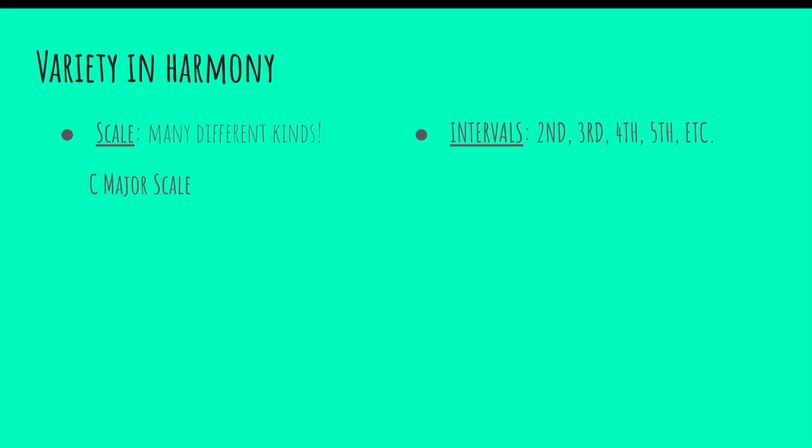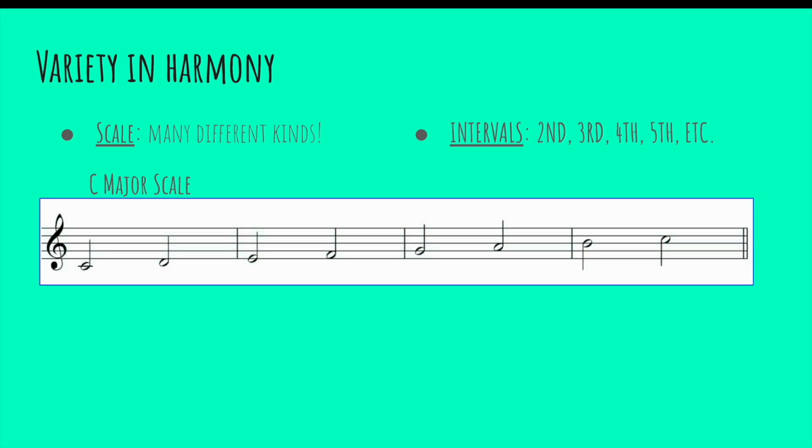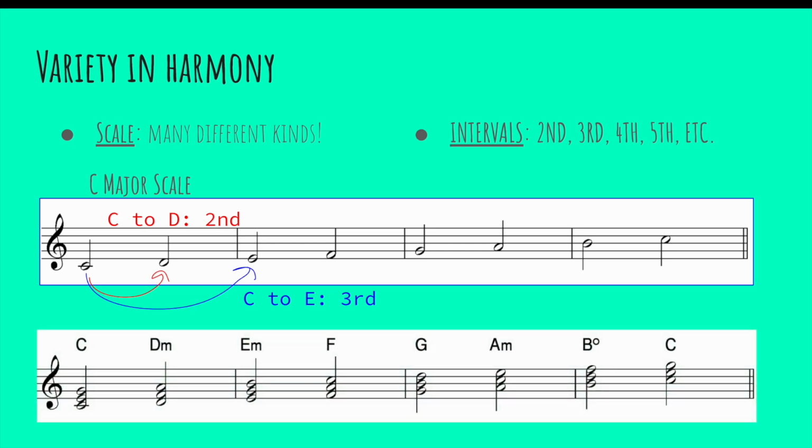Below is a sample scale, a C major scale. And you can see the melodic interval of a second between C and D, and a third between C and E. When you stack the notes of the scale in thirds on each note of the scale, you get the following chords: